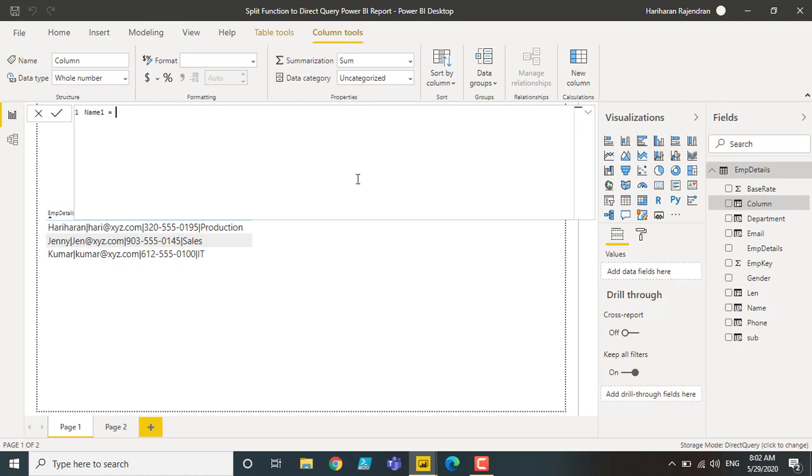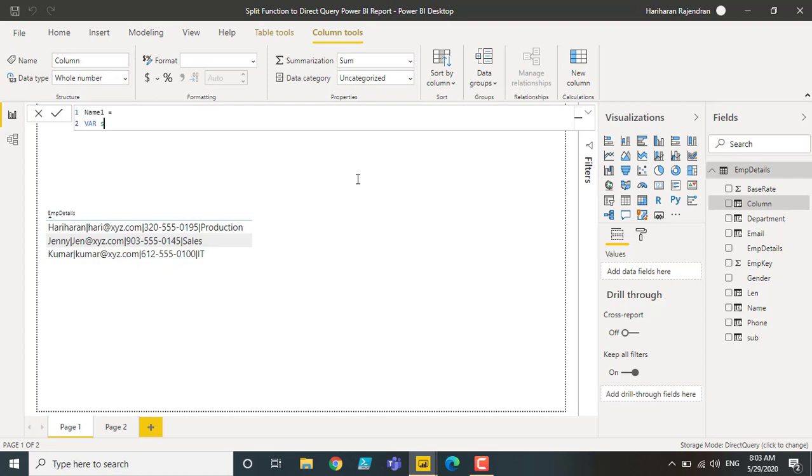Here let me start with the inner function, so I'll go with SUBSTITUTE, and I'll come back to the overall function. First we need to identify the overall length of this particular column. We can either create a new column with the LEN function, or we can define a variable here.